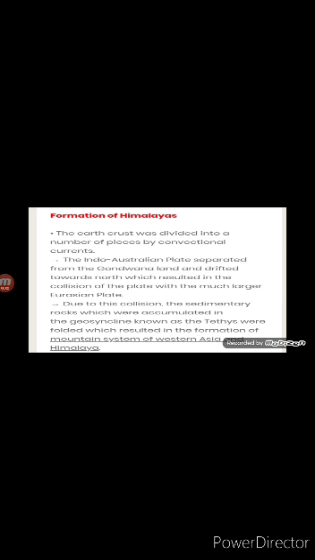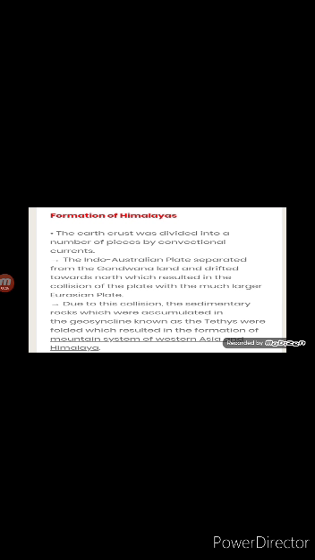Children, once again I am repeating the formation of Himalayas. Listen to it very carefully. The convection currents and the lateral compressional forces were responsible for the formation of Himalayas. Children, as you know, India was a part of Gondwana land, an ancient supercontinent.